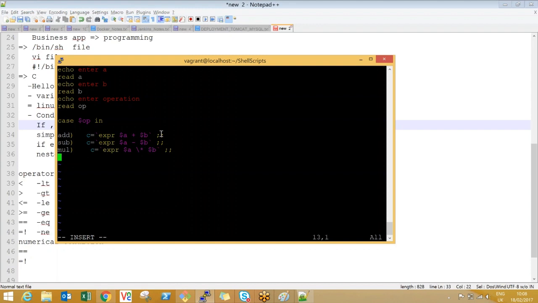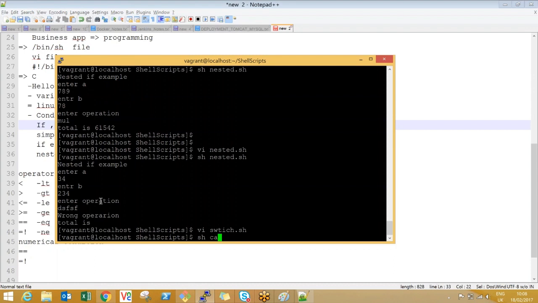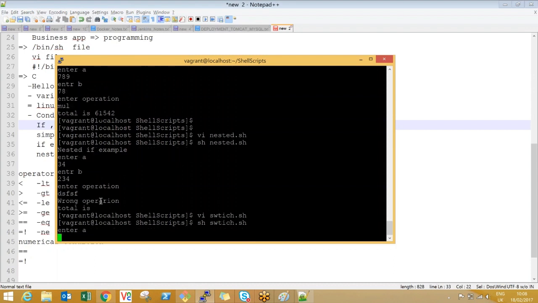Suppose it's not matching any of add, subtraction, multiplication, you say wrong choice, and the case ends with the reverse of case, which is esac. Read case in reverse: esac, that's how it ends. If ends with fi. Run switch.sh.